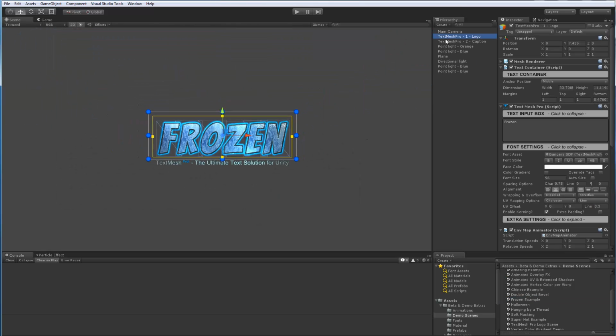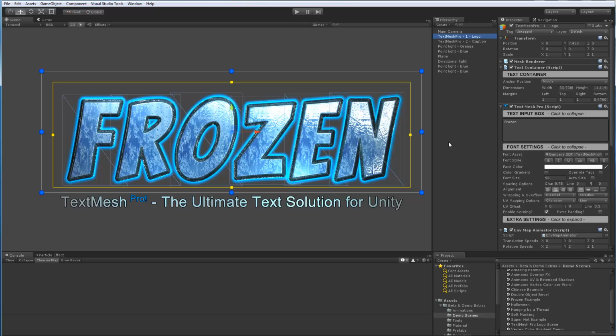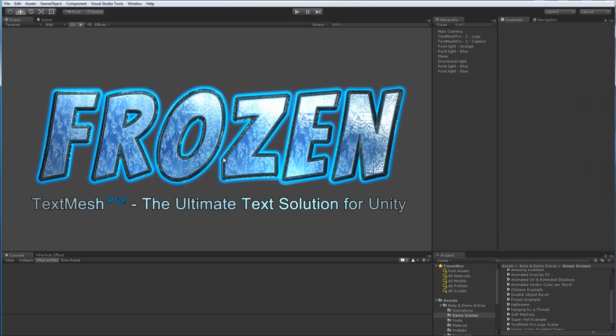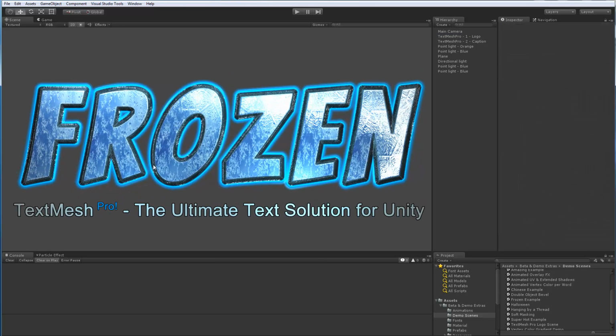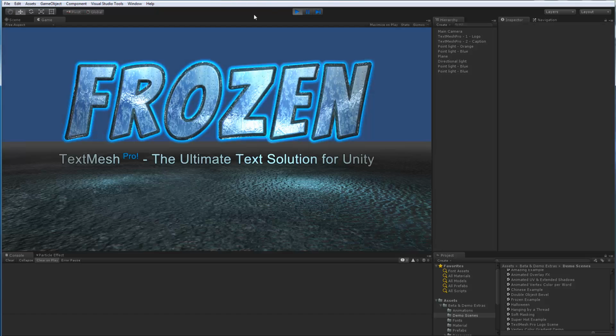And let's focus on the object itself. Now, if you look at this object, again, different font type. Again, the bottom text is also done with TextMesh Pro, but it's got this weird shimmer on it. Well, let's enter play mode and see what's going to happen. Now it's switched to the game view, and now you can see this weird frost-like effect scrolling through the face